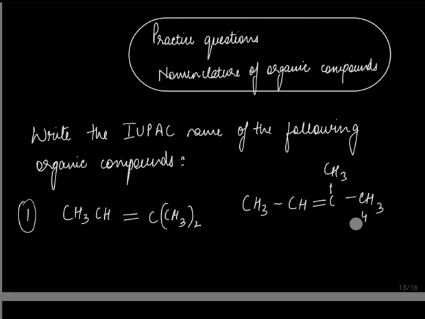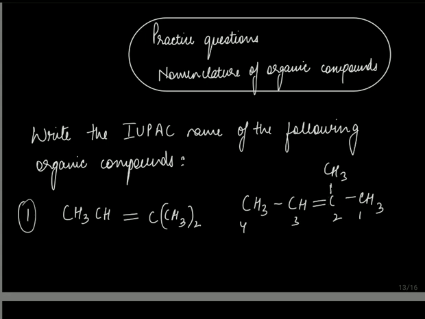So it will be on the opposite side. The reason being, we have an opportunity to give the double bond and this methyl group the lower number, that is 2. So why can't we do the numbering from the right hand side? We can. If we do it from the left hand side, then it will be wrong, because the double bond position will be fine, but the alkyl group will get a bigger locant position, that is 3. So we have to give the lower position. That's what the IUPAC guidelines tell us.